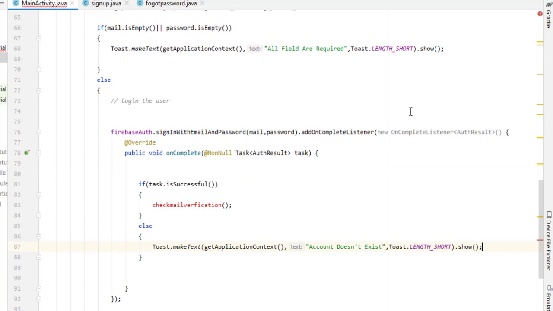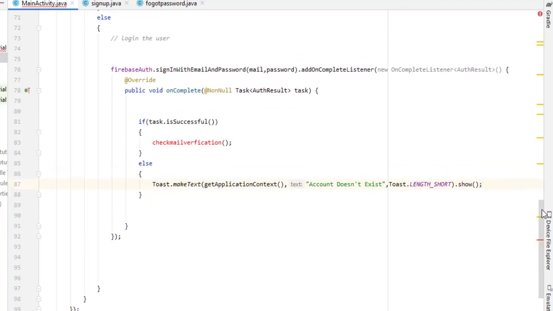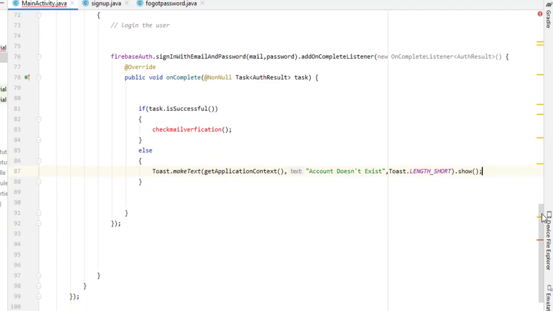So what is this checkMailVerification? If someone clicks on the login button, then first of all we check whether the account exists or not. In the previous part I already told you Firebase always creates an account whether the mail is correct or not. So for verifying the account we already implemented the email verification. So inside this email verification, if we want to log in the user with an email verification account, the mail should already be verified. So for this I simply call this function, and inside this function I will write the code to check whether the entered email is already verified or not. If the mail is verified, then we can simply log in the user, and if the mail is not verified, then first we will display a toast telling the user to verify your email. So hopefully you understand what this check email verification is.